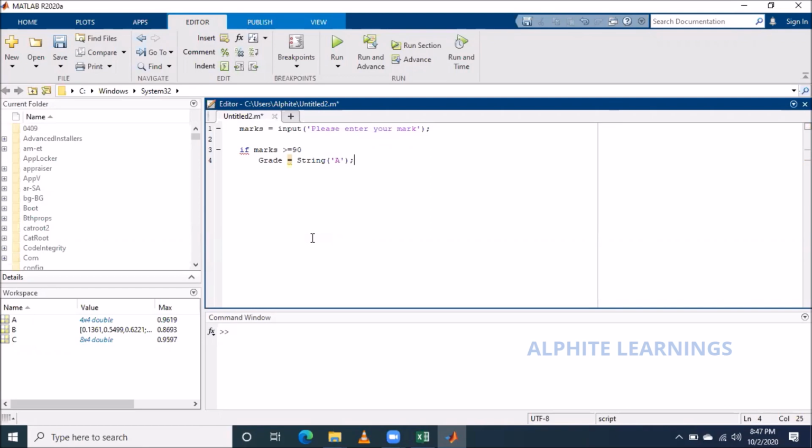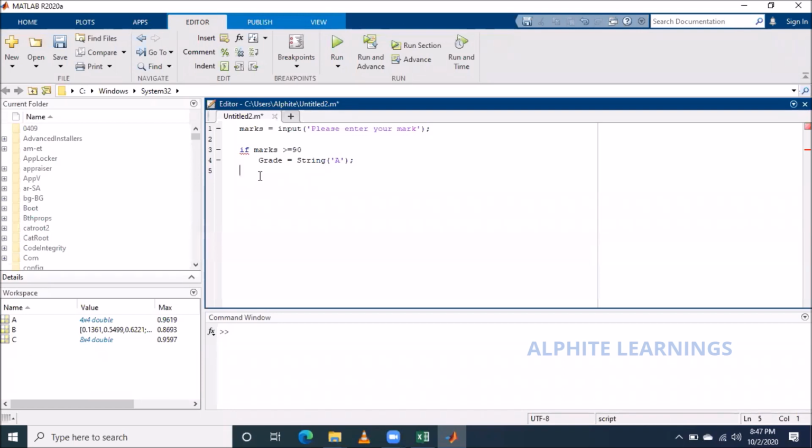Okay. So my mark, if it is greater than or equal to 90, it will just say A. So here I have many possibilities, right? Before, in the earlier situation, if that condition is true, you do that. I have two ways only: the condition is true or false. So I use if or else, right? But now I have many possibilities.